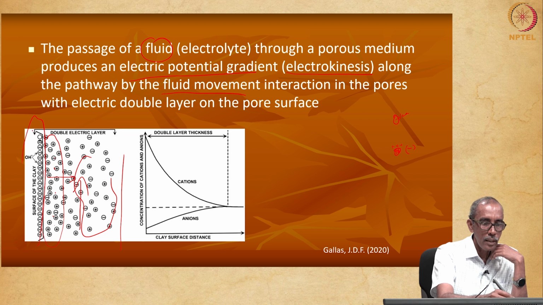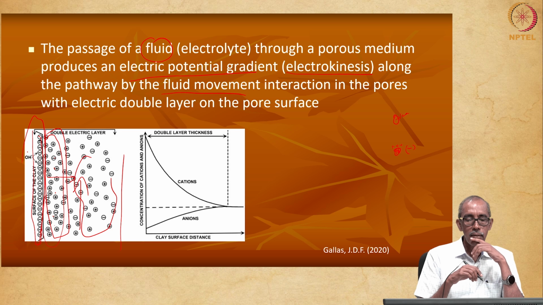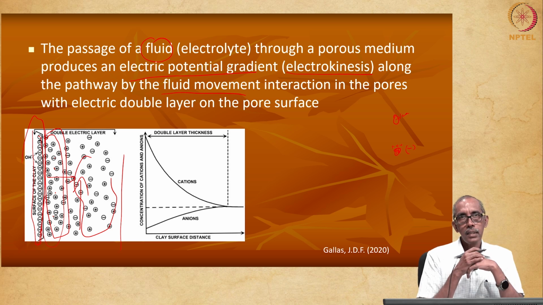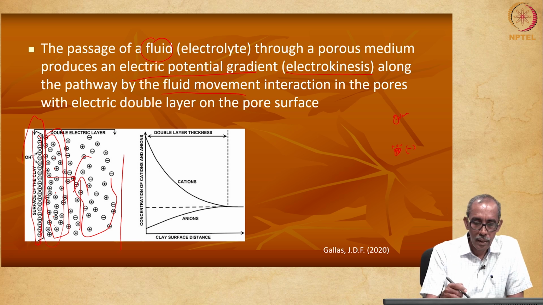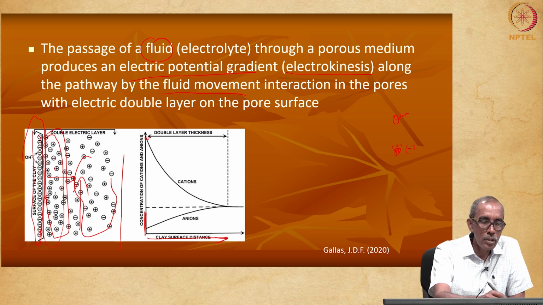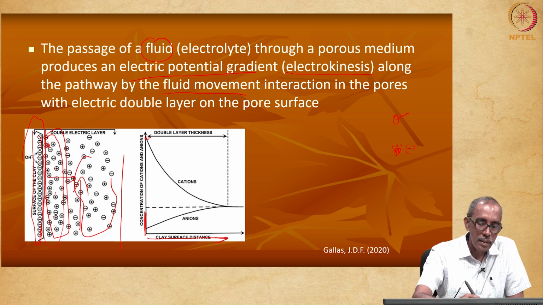What is the double layer? Here you have negative ions and here you have the positive ions. This itself leads to generation of electric potential, right. So, here is the surface, clay surface, this is the distance away from the surface. If you look at the positive ions are very high closer to the surface, because this surface is negatively charged. The entire surface you have only negative ions, due to which more positive ions, almost negligible amount of negative ions